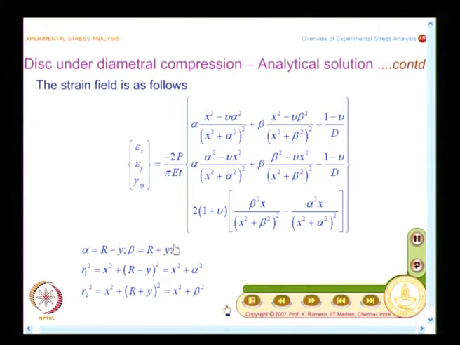and alpha is defined as alpha equal to r minus y, beta equal to r plus y, and you have alpha and beta are also related to r1 squared and r2 squared as follows. You have r1 squared as x squared plus alpha squared, r2 squared as x squared plus beta squared, and you have this second term here is beta into x squared minus nu times beta squared divided by x squared plus beta squared whole squared minus 1 minus nu divided by d. So, this is the expression for epsilon x. You have a long expression for epsilon y, and you also have a very long expression for gamma x y,